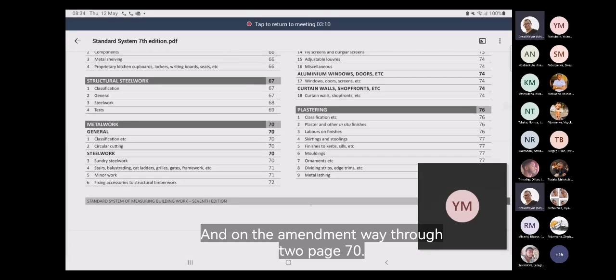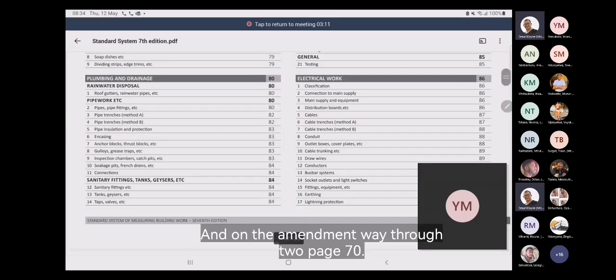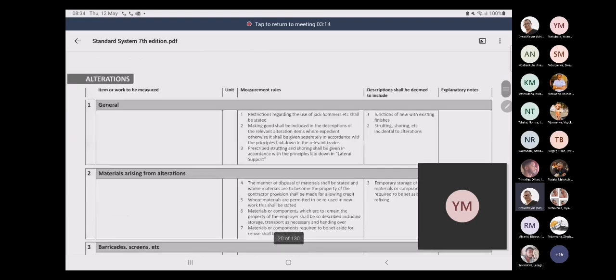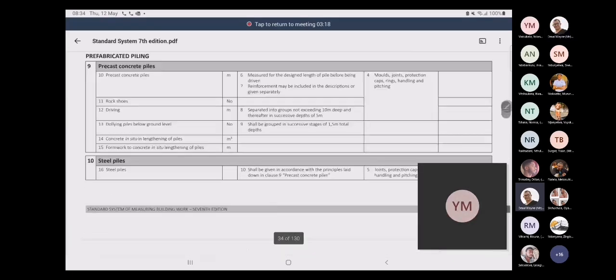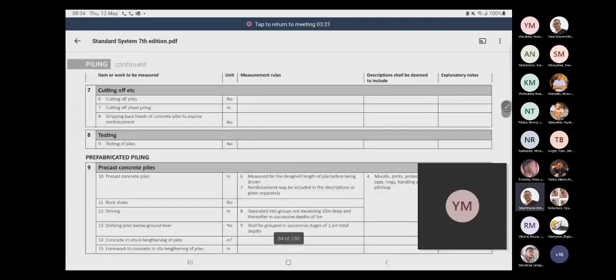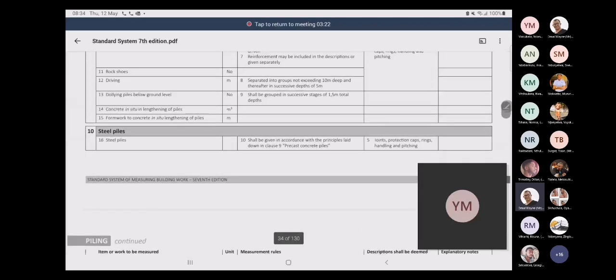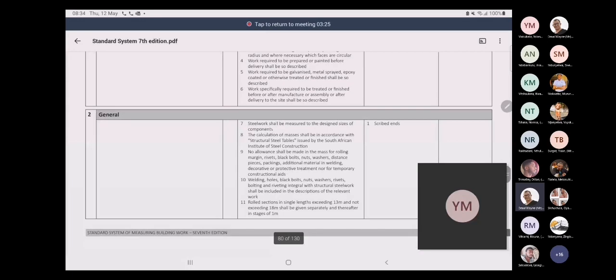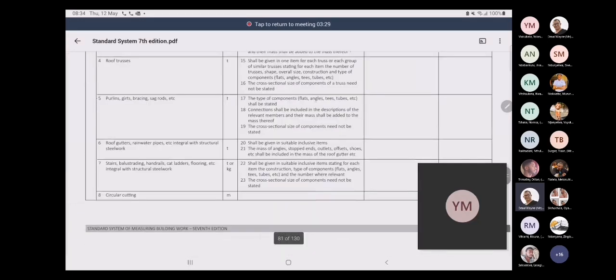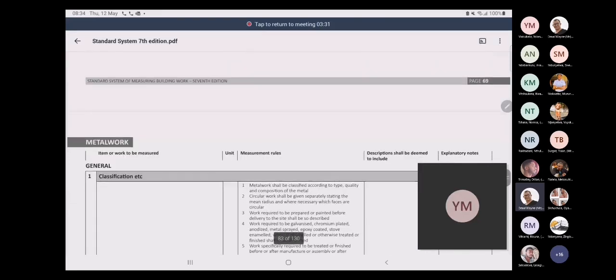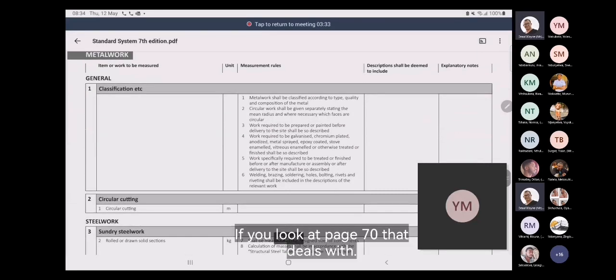And I'll then make my way through to page 70. If you look at page 70 that deals with